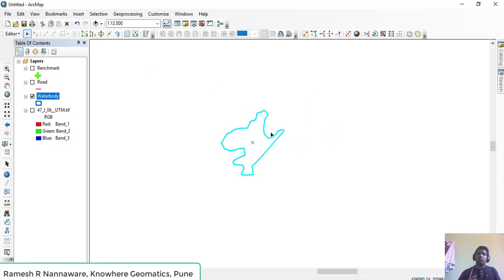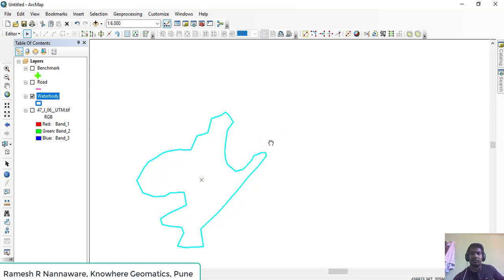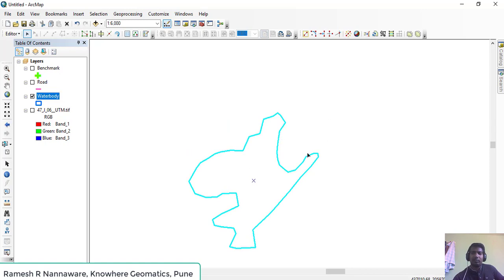Now there is also a tool to digitize administrative polygons. Suppose I have some administrative divisions. Suppose this is a village and there are some adjacent villages on either side of the polygons. Suppose I want to digitize a polygon in this northeastern region.